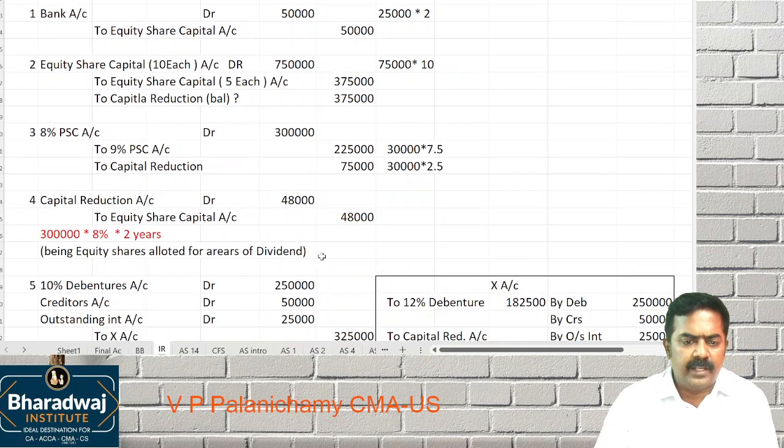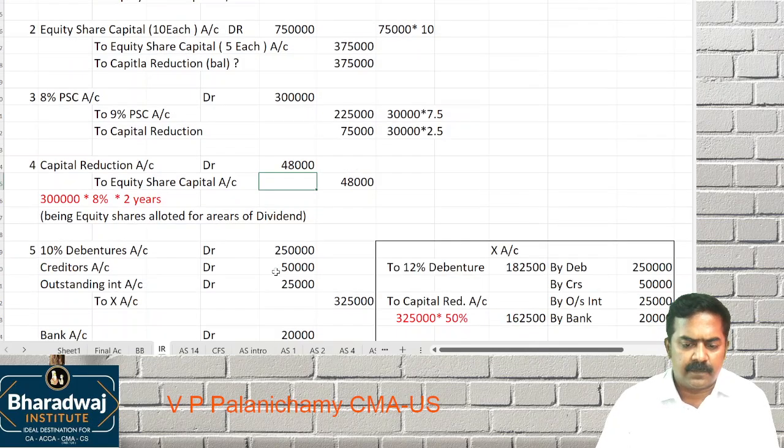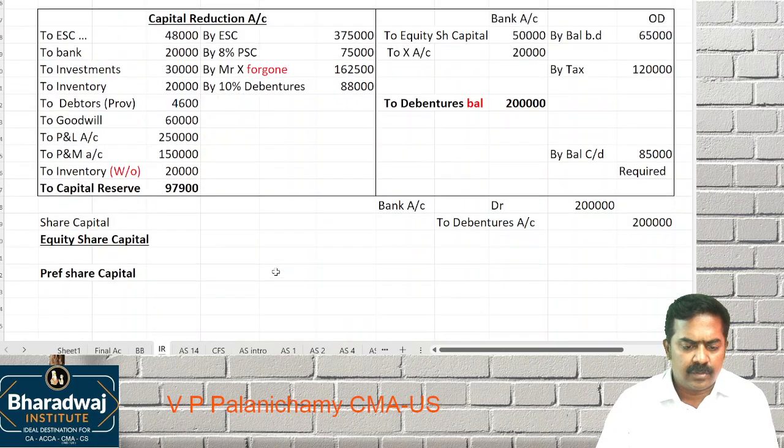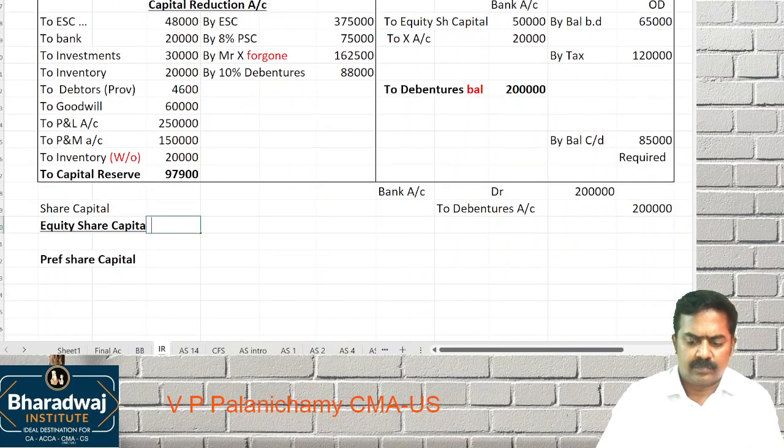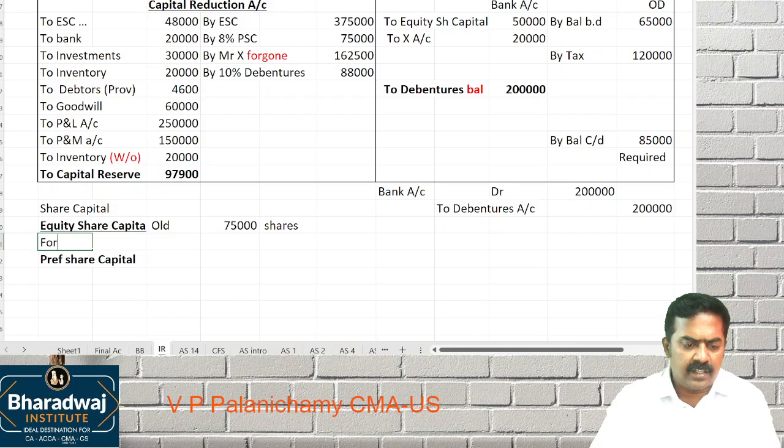What happened to old equity share capital? 10 each, it is reduced to what? 5 each. 10 each reduced to 5 each. So, old equity shares. How many shares are there? 75,000 shares are there. For the arrears of dividend,